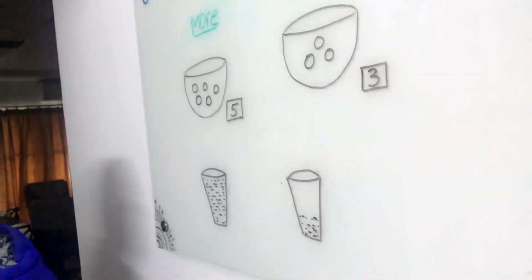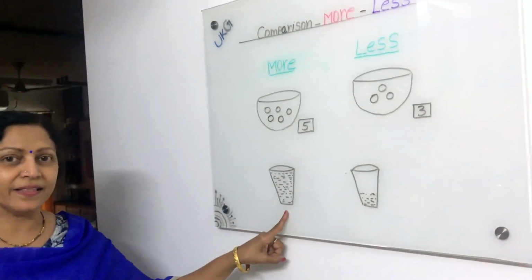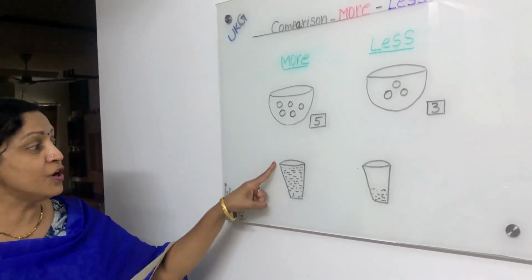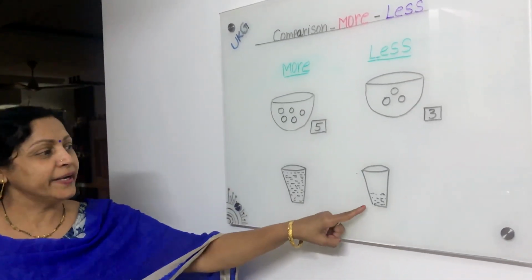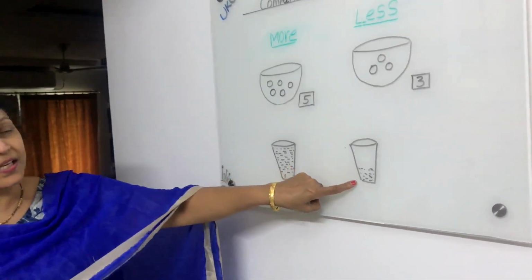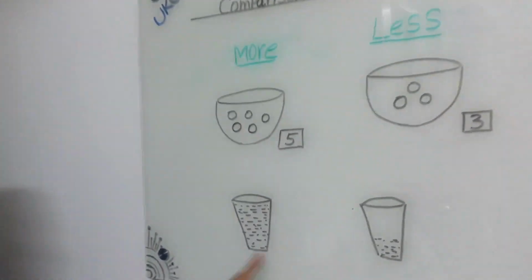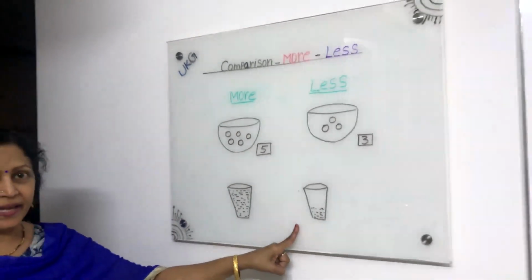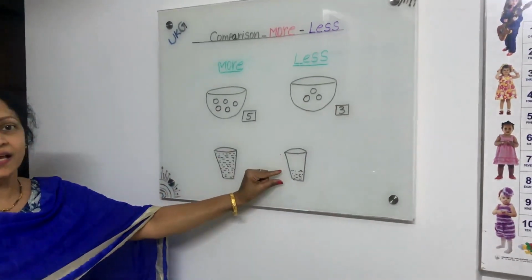Okay. Now, is it less milk in the glass? Is it less? No, this is more. Full glass of milk is there. This is more. Here, only till here milk is there. No, this is less. How did you say this? This is more and this is less. By quantity, we can say this. This quantity is more, this is less.